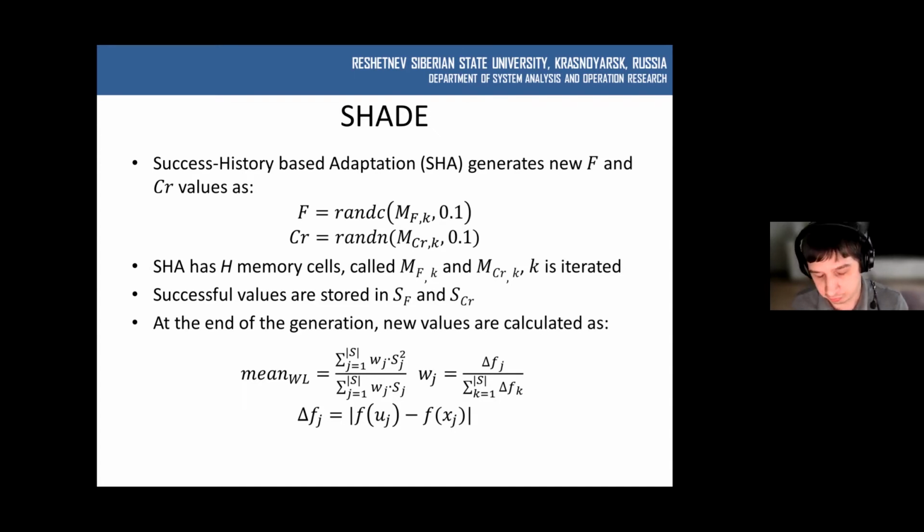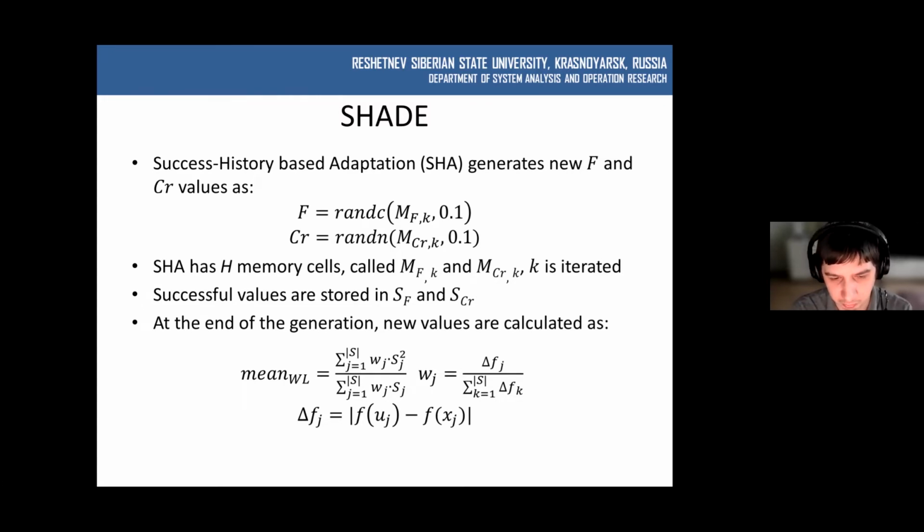One more thing: why should we actually use parameter adaptation? Why can't we set f to a fixed value? Well, I have shown why a fixed value is not very good. It is always good to sample the f value and the crossover value as well. But it appears that if we simply sample values with a mean of 0.5, the performance of such an algorithm is not very high. So we need to tune, for example, the mean value or the location parameter of the distribution, which we use to sample the scaling factor and crossover rate.